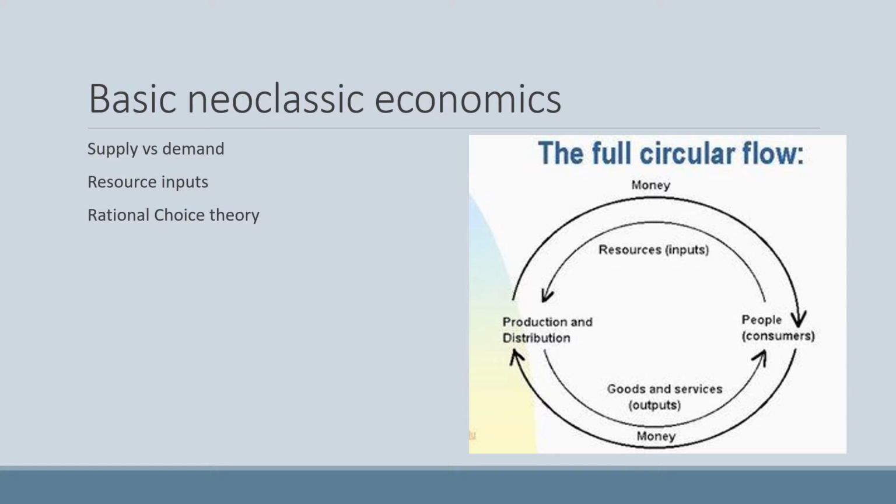We also have something called rational choice theory, and this uses a model to look at human decision making. Most of the time, what we find is that you live in line with your personal preferences. A lot of times consumers are going to be maximizing utility. We want the greatest value for what we're spending our money on or our time on. And then producers maximize profit when they are looking at, let's make as much money as possible. So they're looking at, a lot of times, what's the least amount of money we can invest in making it, and what's the most amount of money we can get from selling it.